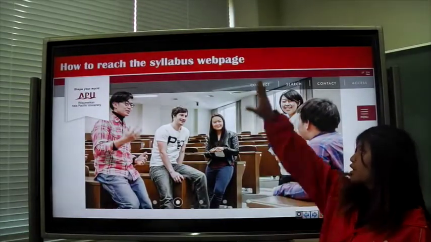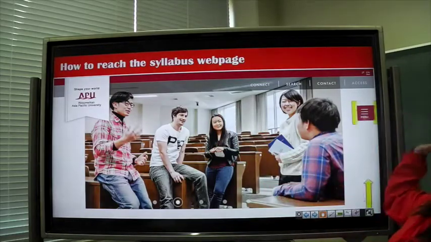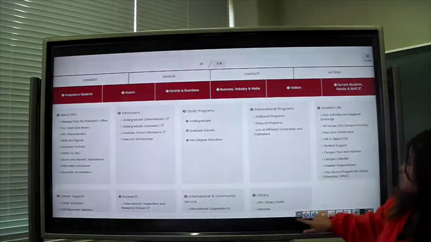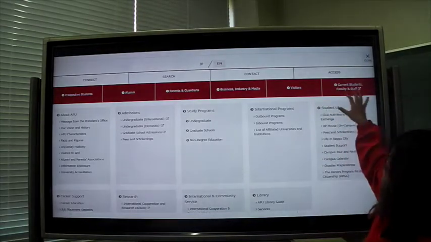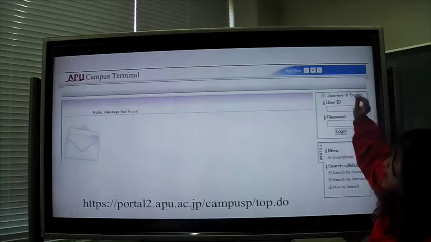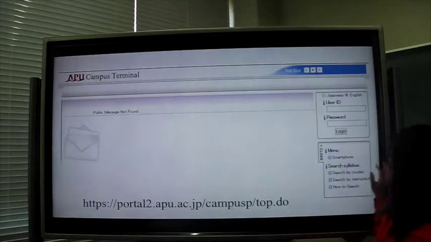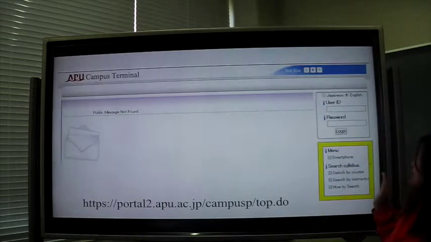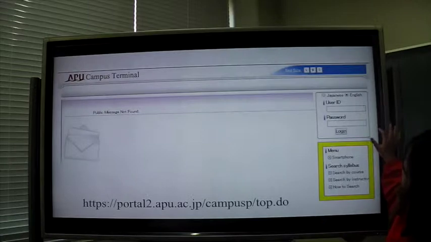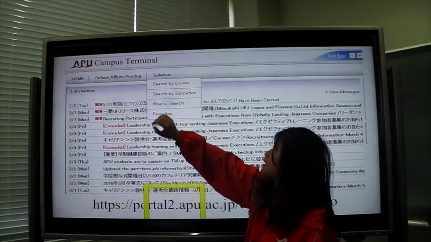First, you open your APU homepage web and then you click the menu here, and then this page will appear. You will go to the current students, faculty and staff, and there you will find yourself in the APU campus terminal. If you don't have your user ID and password, you can go to syllabus from here. However, if you have your user ID and password, you can just click the syllabus in here and then search